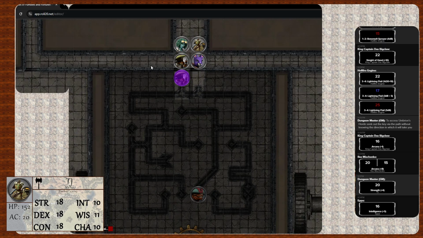I'll go this way. I'll also go the other way. Shall we split up? Yeah, I'm gonna go with you, Eppa. Okay. Eppers, you can go left. Okay.